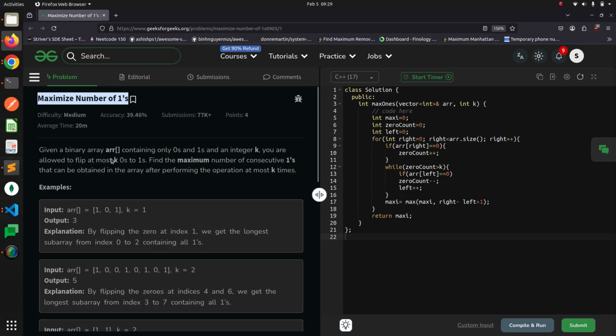In this problem we are given an array containing zeros and ones and an integer k. We need to flip at most k zeros into 1. So if k is 1, then at most we can flip one 0 into a 1. For example, we can flip this 0 into a 1. Find the maximum number of consecutive ones that can be obtained in an array after performing this operation at